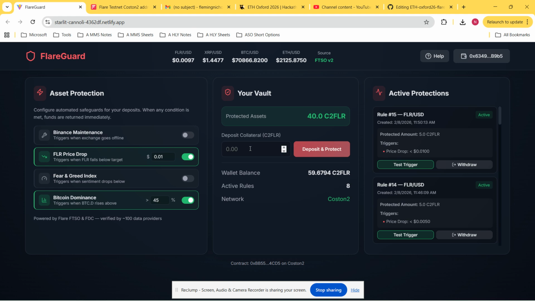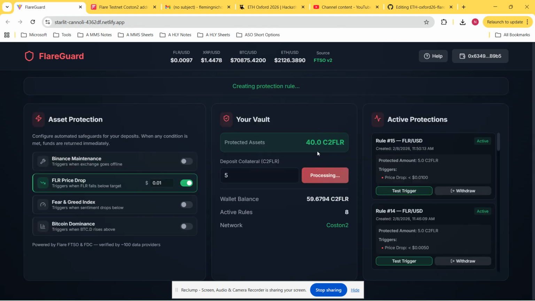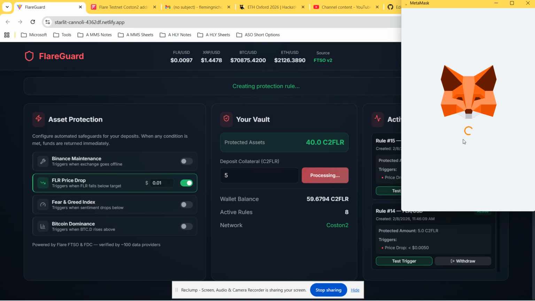We can now choose a certain amount of collateral to deposit. And once we do, a rule will be created on the right here to show us our current assets being protected. So we can see here that, for example, the FLR price drop condition will activate when the value of Flare falls below a given target. If we enter 0.01 right now and deposit 5 Flare token, we can now